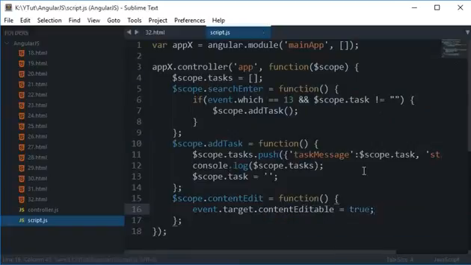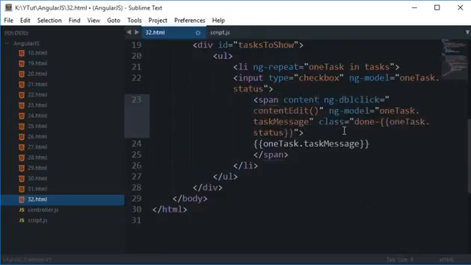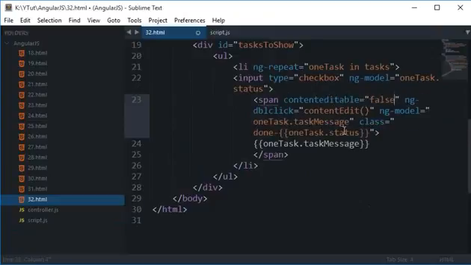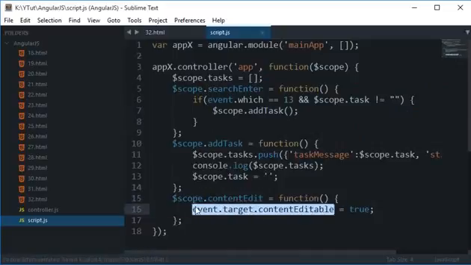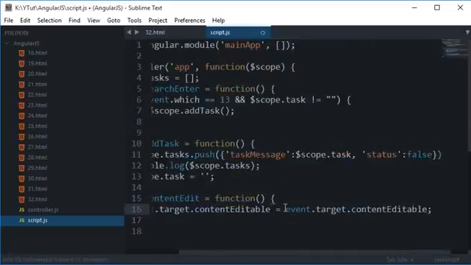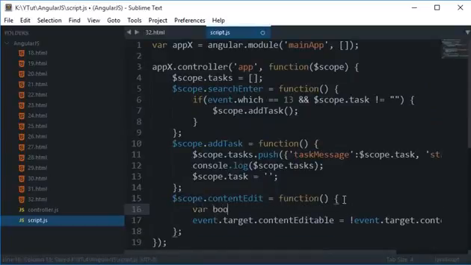This is the JavaScript property, and why not we just add it here. Or a cleaner approach would be